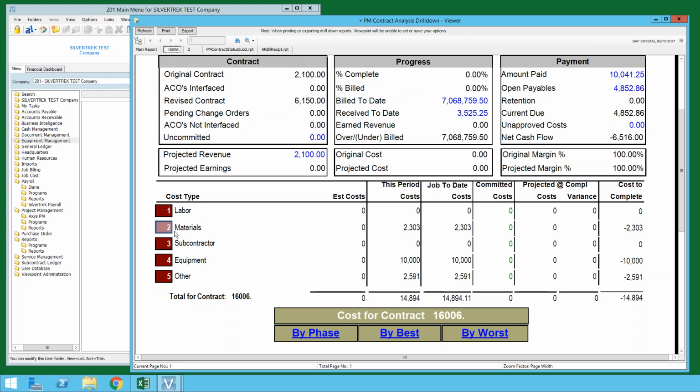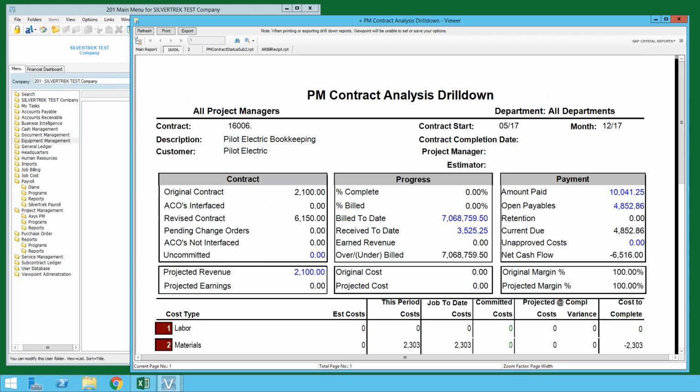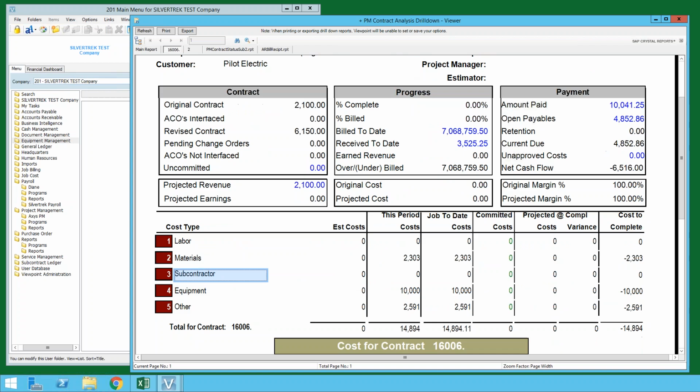that allows you to drill down all the way to the actual PDF and be able to see job by job, how am I doing? What's my bill to date? For Pilot Electric, what is my bill to date? How many payables do I have to pay out? What are my committed costs? What is my revenue? What is my billing? And be able to see right at a glance how well you're doing,